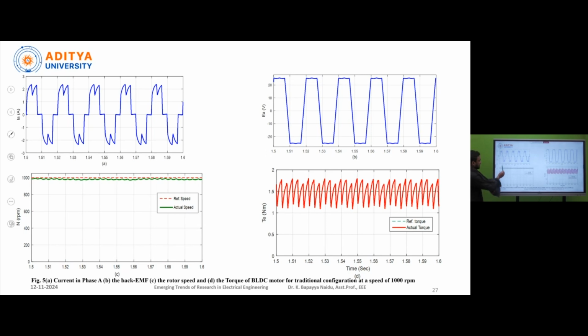Okay. Now, due to this disturbance of the supply voltage, what happens? Automatically, the stator current completely deviates from its squared shape, and the trapezoidal back EMF also has some harmonics. Okay, whenever deviations occur in this stator current, automatically torque will be